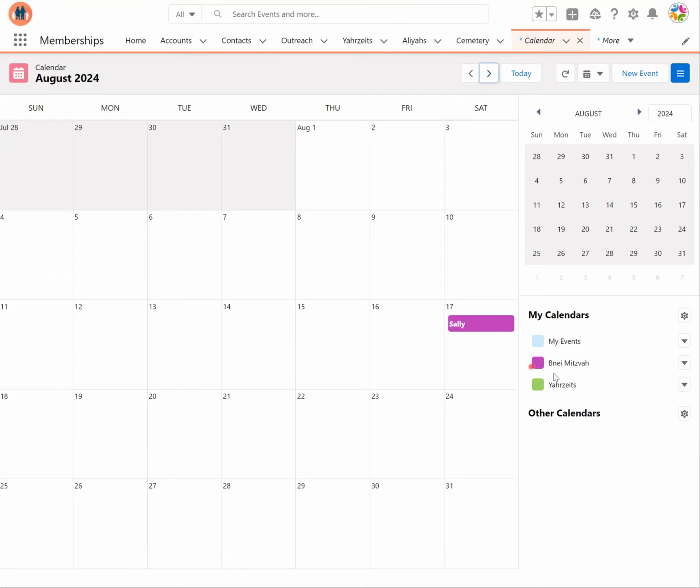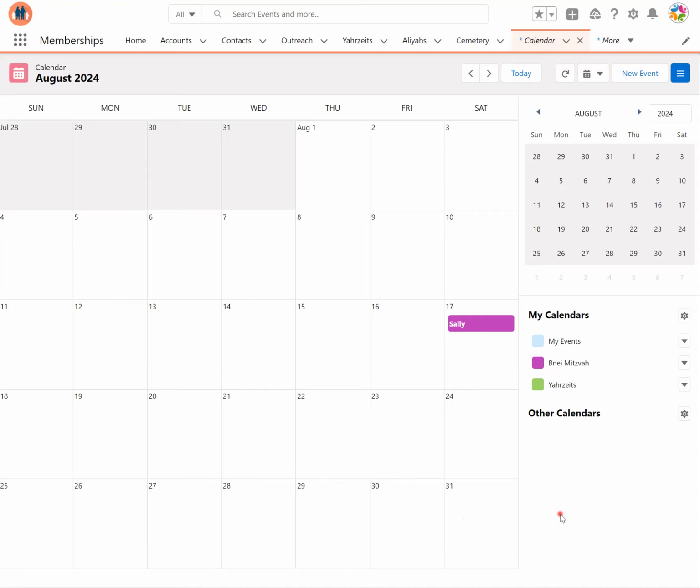So you can see here that we have a filter for B'nai Mitzvah, and you can change the color if you want to, and that way you can get a visual representation of all of the B'nai Mitzvah that are happening in your congregation, which is really helpful, especially if you have multiple B'nai Mitzvah running on a Shabbat, and really need to see visually over the course of the month how many students that you will be needing to